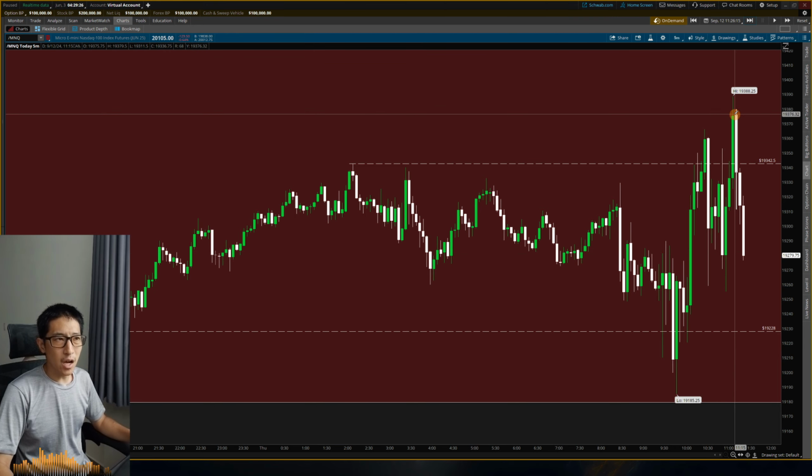You can see this up move and this down move kind of matching it. So I'm kind of looking at this like a balanced price range. Should we create a fair value gap here? Perhaps I want to take that, although within the balanced price range, it may not get to it. It's kind of getting close to my time window.